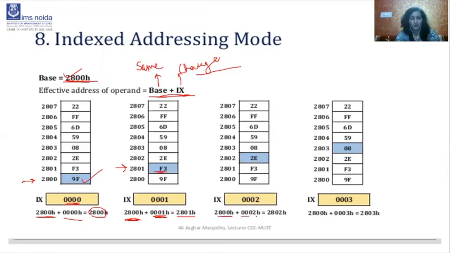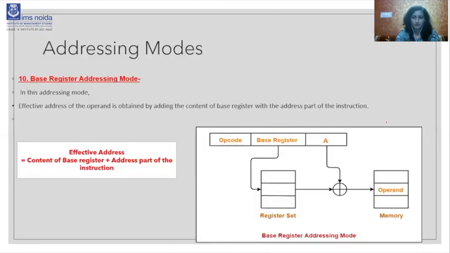The base address is the same, and the index address is changed to 0002. Now the new address will be 2802, and at this location the operand is found. Similarly, 2800H is again the base address and the index is changed, so at 2803 the operand is found. This is the example of index addressing mode.